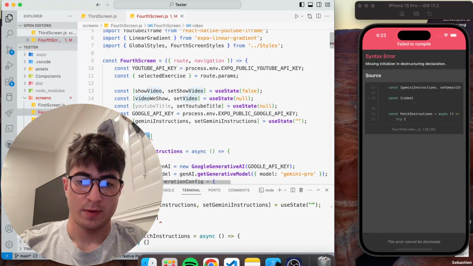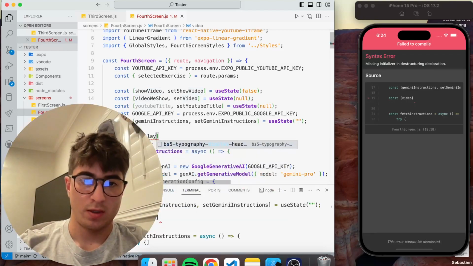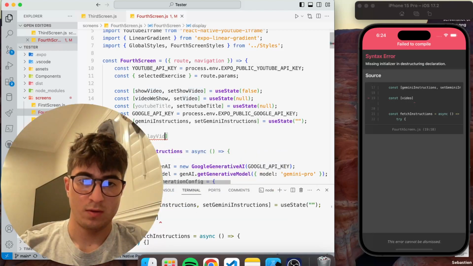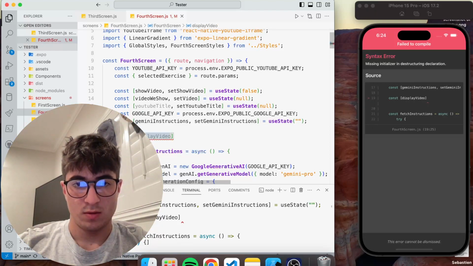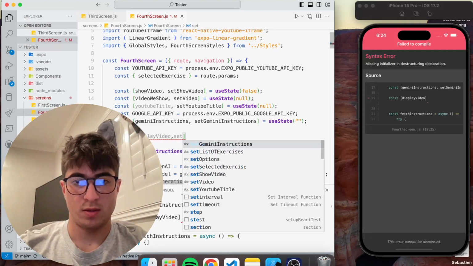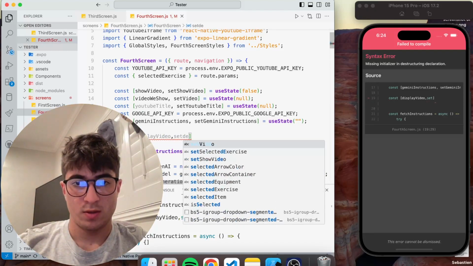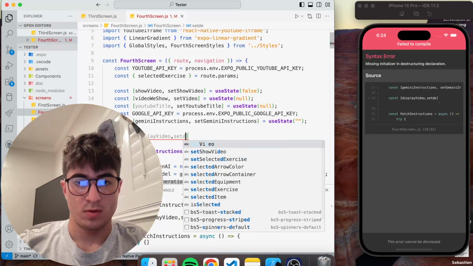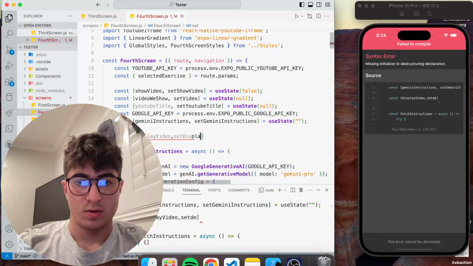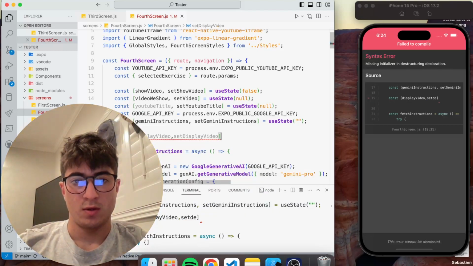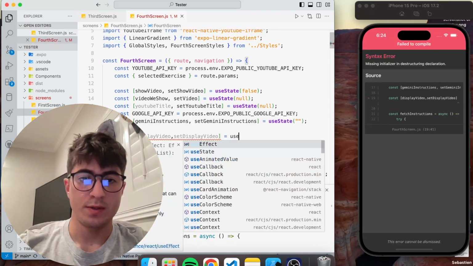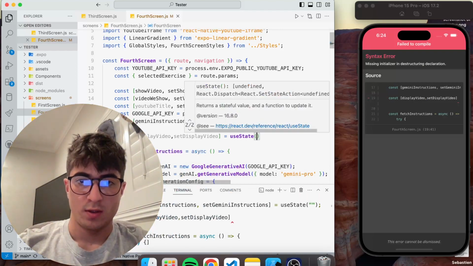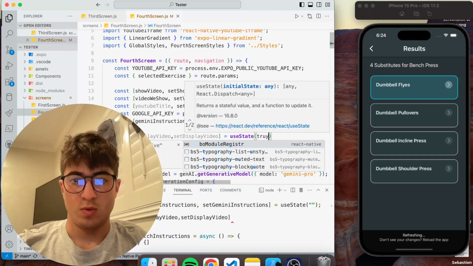Actually, display video, and set display video equals use state true,